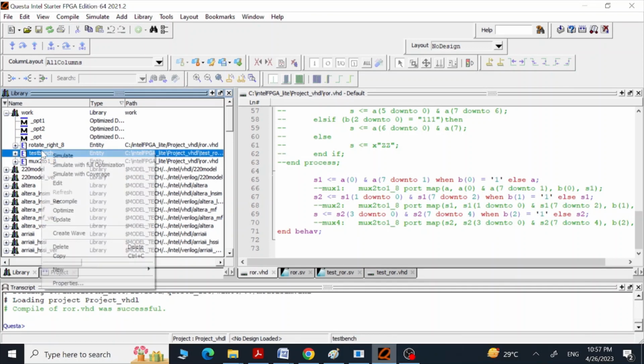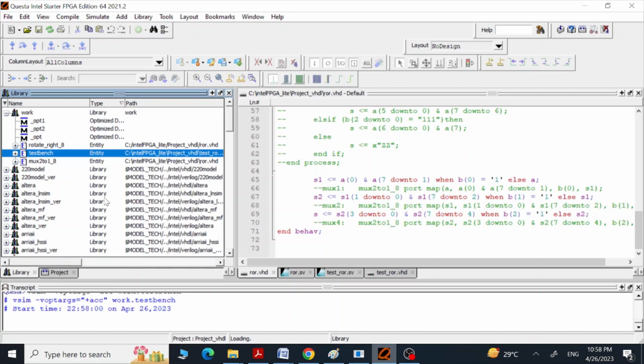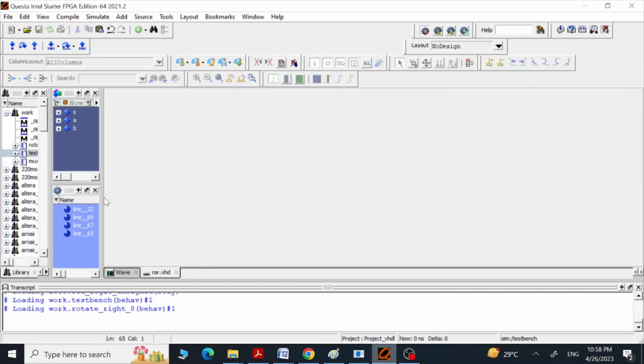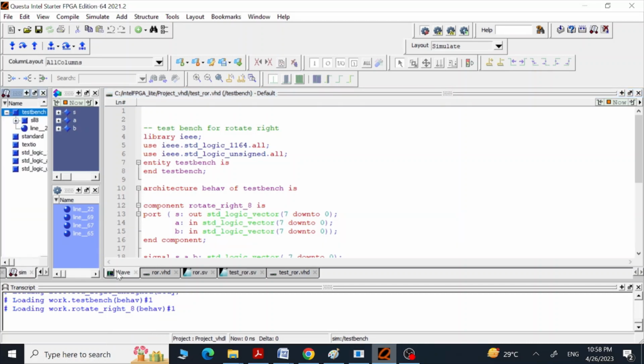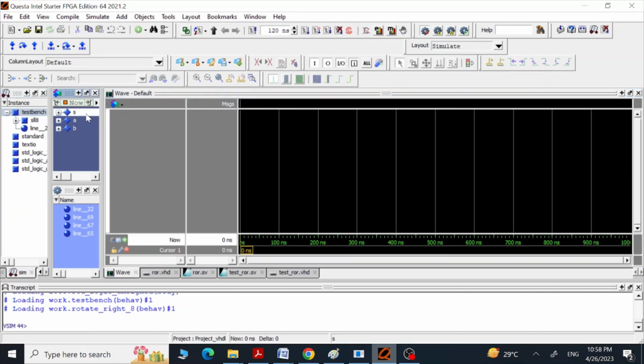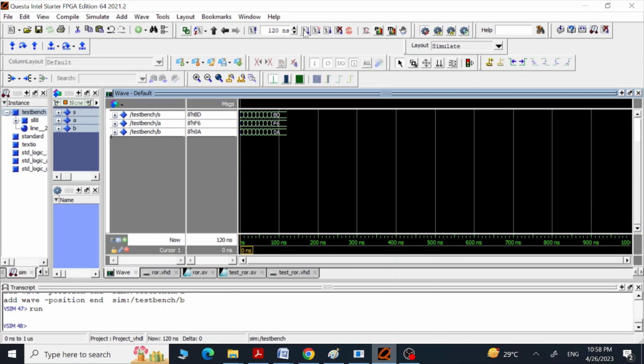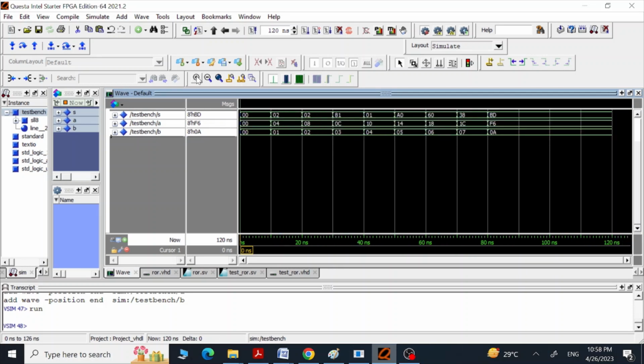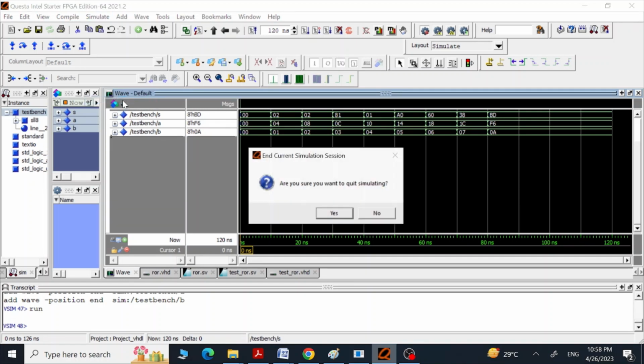So go to Testbench, run, and we are going to see this output, which is going to show us the two input signals A and B, their values, and then the output according to those values. Now let's end this simulation